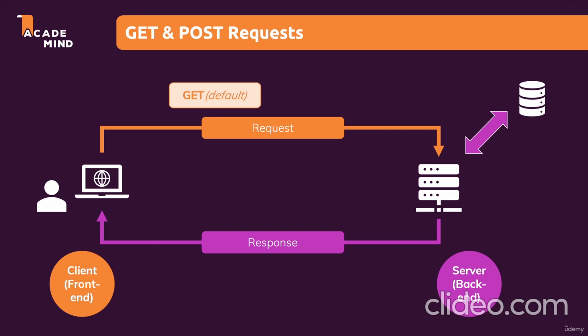And that's one of the supported request types we can set. A GET request simply means I want to get some resource. I want to get some data. Therefore, if you enter a URL in the address bar of your browser, that will always send a GET request